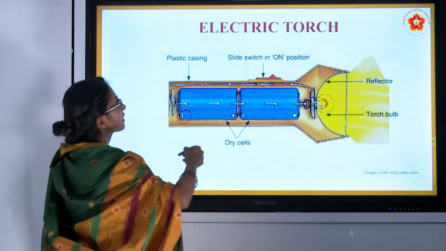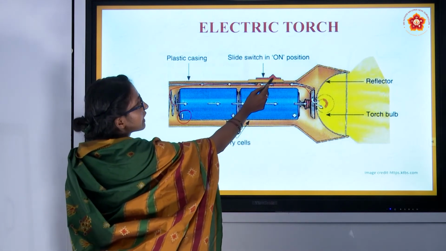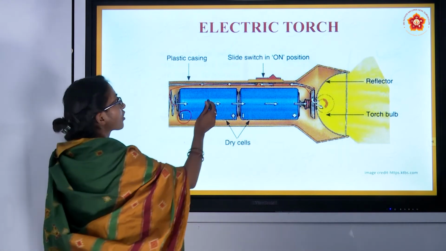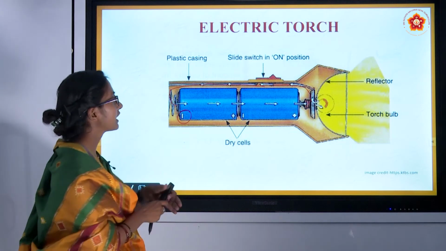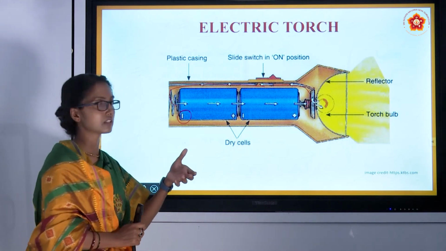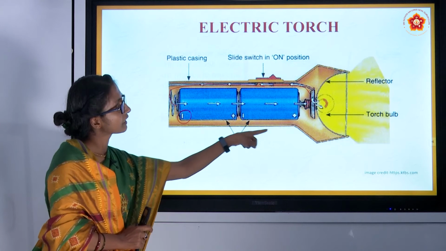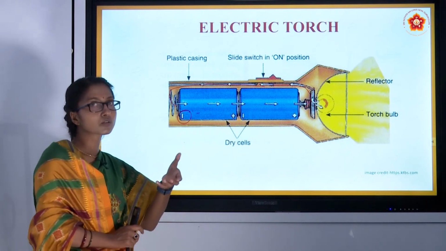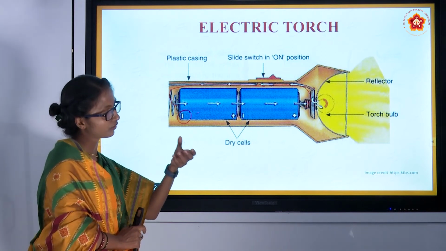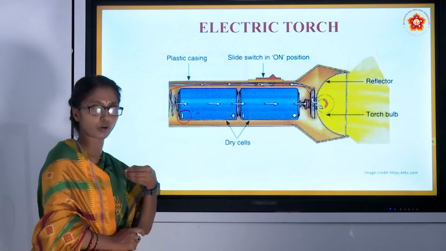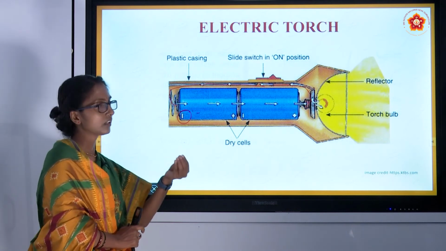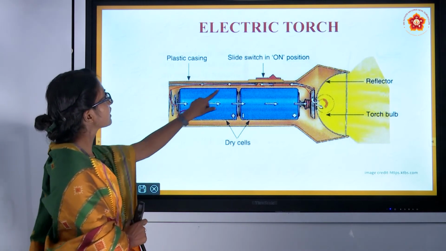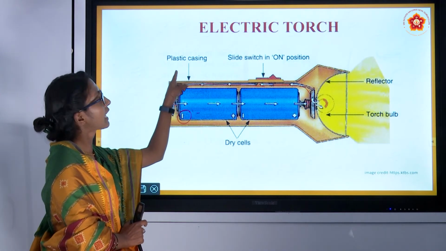It has a slide switch, an on-off switch that slides in the torch. The outside is a plastic casing, because all the materials inside, the dry cells and bulb, are good conductors of electricity. If you hold them directly, you will get an electric shock. So to avoid that, the outside covering is a plastic casing.